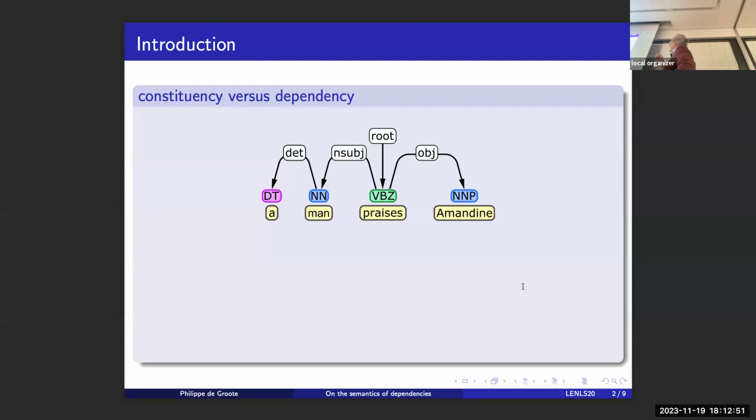Okay, and so we have edges between words, and those edges are directed. They go from the head, so to speak, of the constituent, and they target the dependent. And if you take